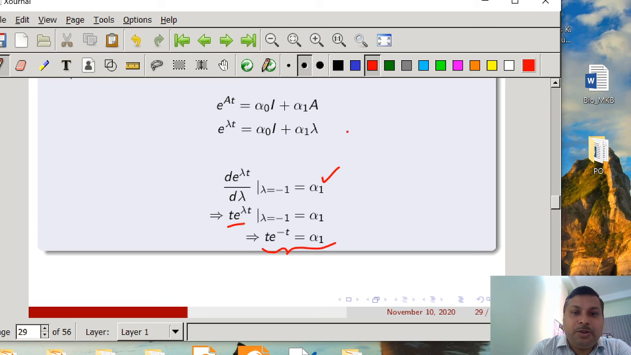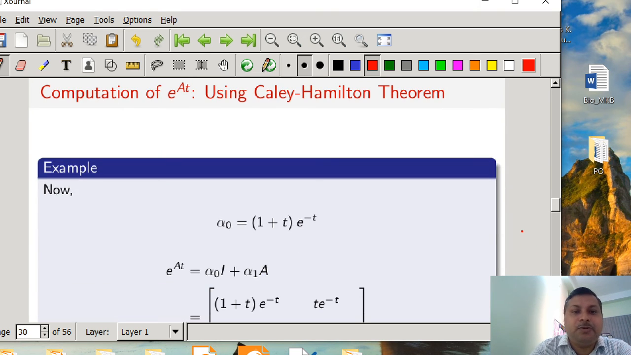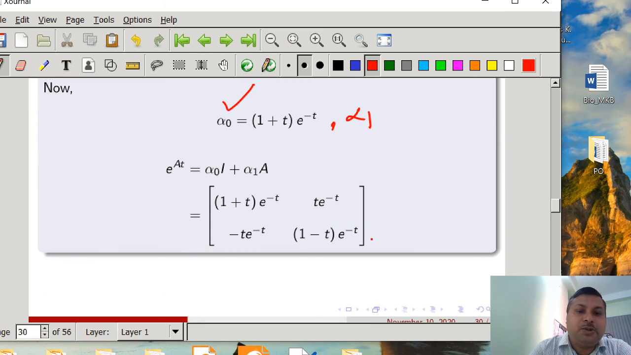Okay, and now if you know that for lambda equal to minus 1, you have e to the power minus t equal to alpha 0 minus alpha 1, and already you got the alpha 1. You substitute here, you will get the expression of alpha 0, and that is done in the next slide, that is alpha 0 is equal to (1 plus t) into e to the power minus t. Then if you know alpha 0 and alpha 1, you substitute them in the expression of e to the power At,